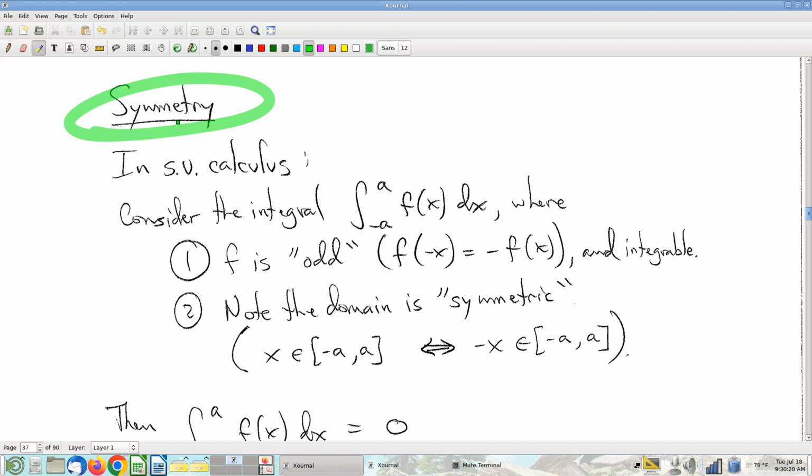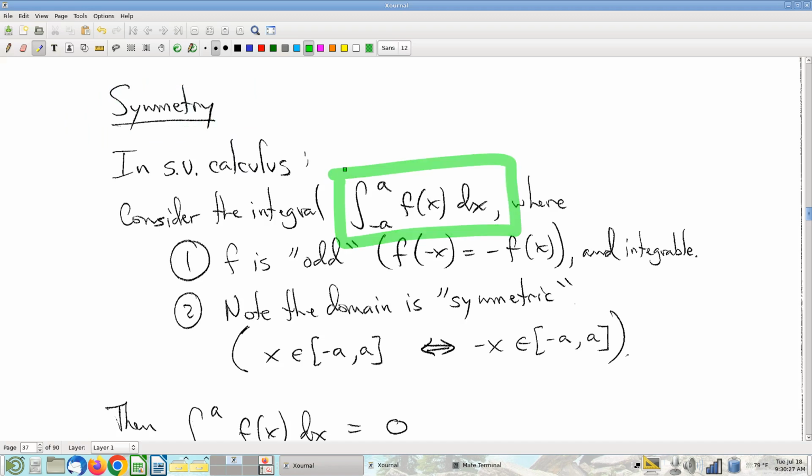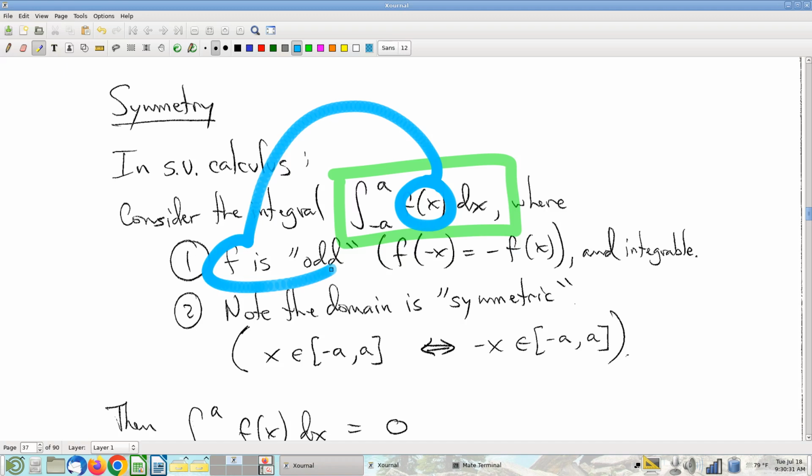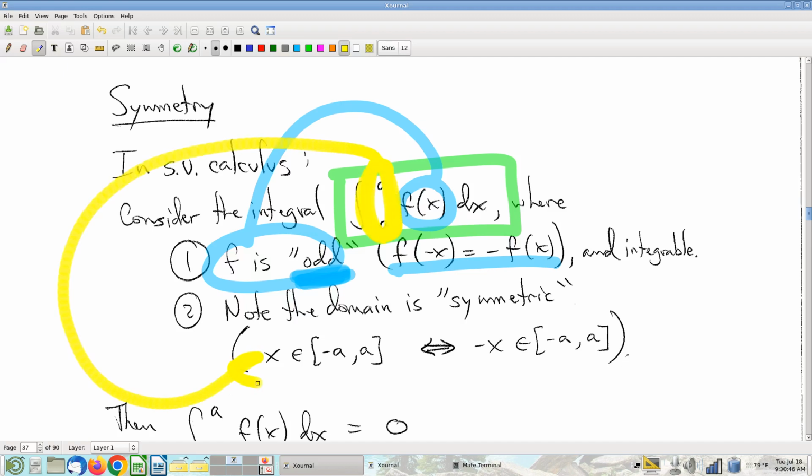Symmetry theorems. Now, I suspect y'all have probably seen the following in single variable calculus class. If you're looking at an integral like this, and now specifically, if your integrand is what we call odd, right? So f of negative x is negative f of x. So odd powers of x, for example, have this feature. And notice that our domain is from negative a to a. This is what we call symmetric,